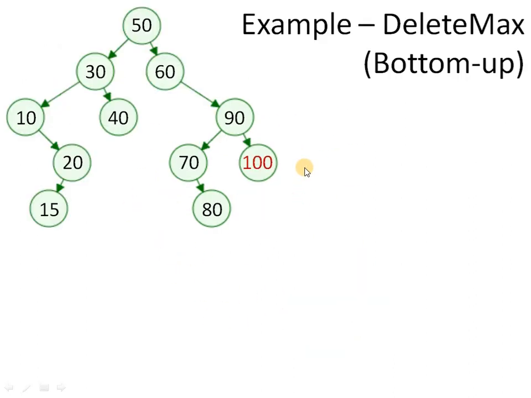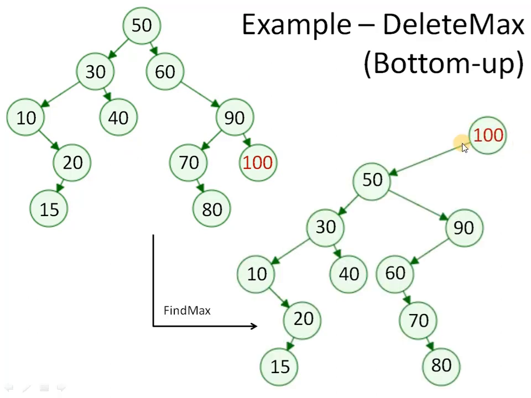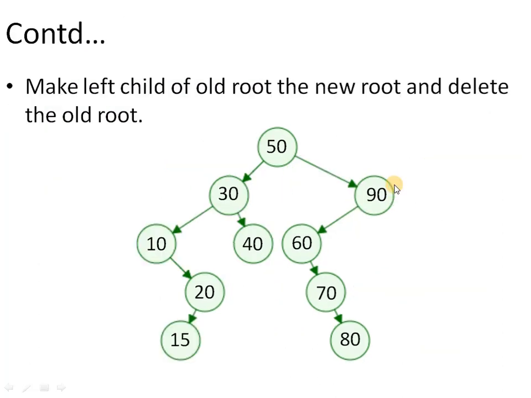In a similar way, if we talk about delete max operation, we have considered this example only during the find max. So the moment we perform find max, 100 will become the root of the tree, and again the maximum node is shifted to the root. The right subtree of the root should be empty. So in order to delete this root, we have to shift the root to left of root, and then we have to delete the old root, that is 100. So the new tree will be the complete subtree which is rooted at 50. So with this, we are done with the operation of delete max.